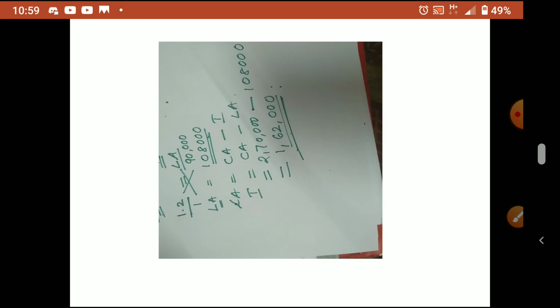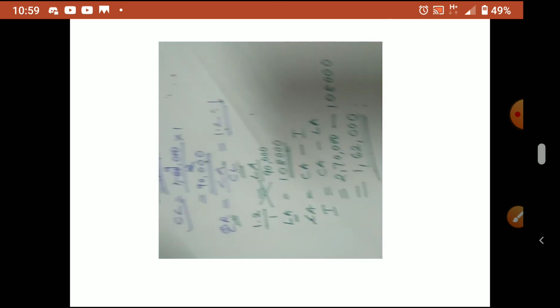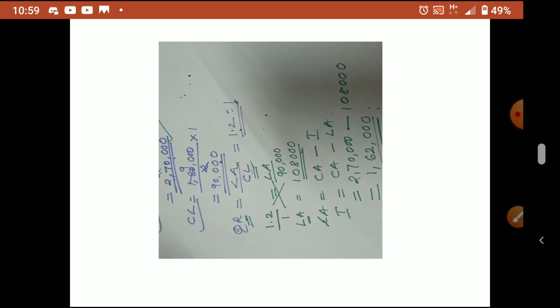So first for this, you have to understand the relationship between these items. Then only it will be clear for you. All the balance sheet items and headings, subheadings, relationships. Suppose if you don't know the working capital equation, then you will not be able to solve this. So all those things, clearly understand and remember them.